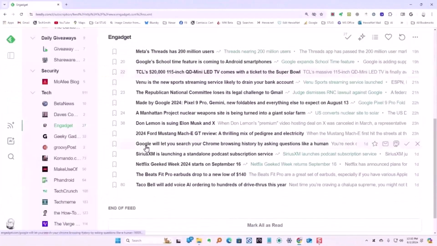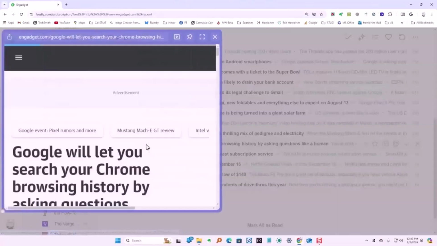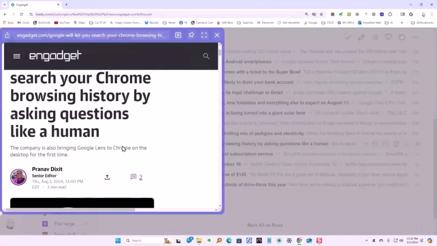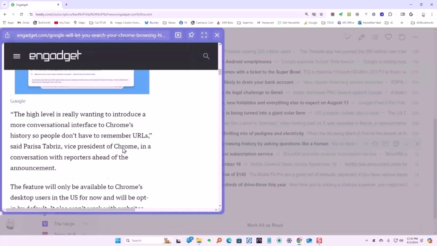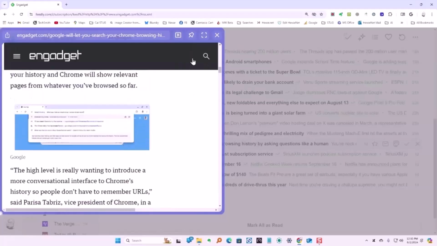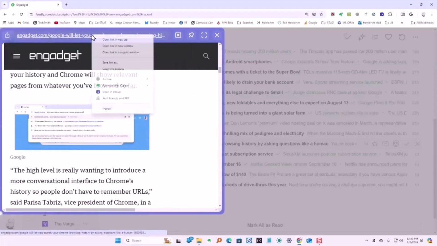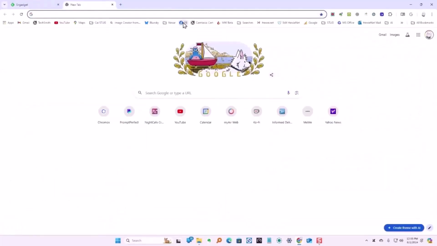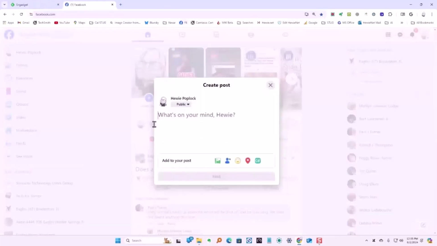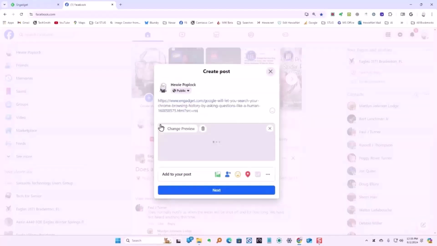I use a news feed reader called Feedly, and when I find an article of interest, I left mouse click it and hold it down, read through the article, again, without leaving the Feedly. If I like the article, I go and I right mouse click on the website URL, and then I open up Facebook, and in what's on my mind, I paste that address into that.